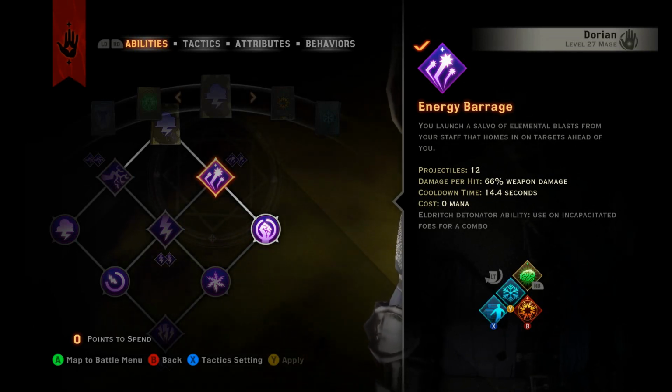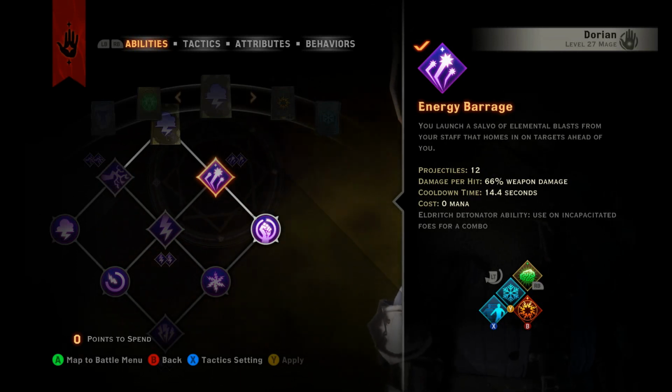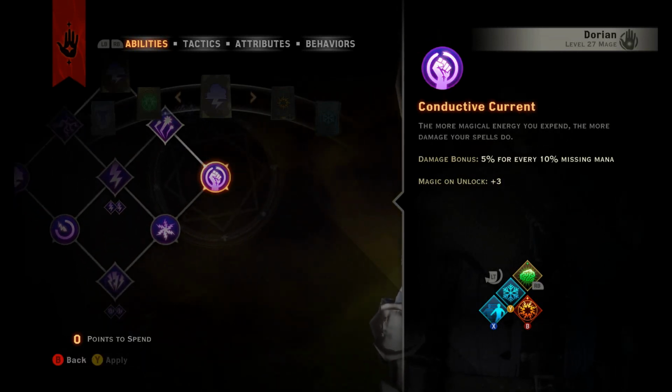So just in case you don't want to use Mind Blast, you can definitely put on Energy Barrage. That's definitely a good move. And then for